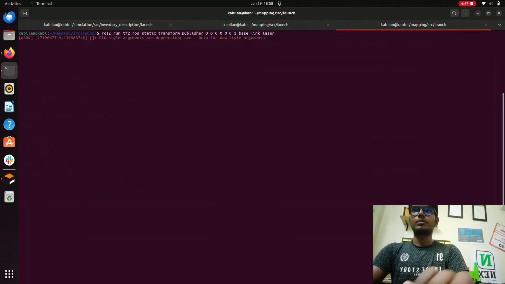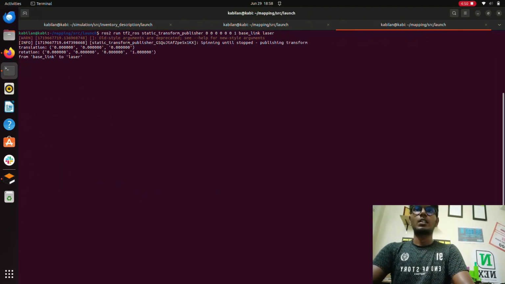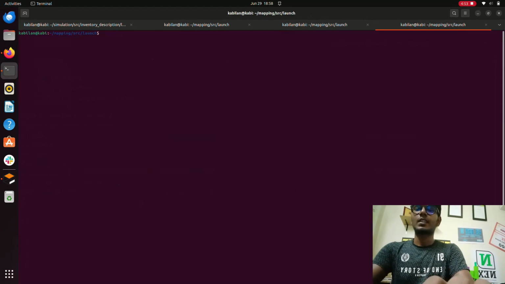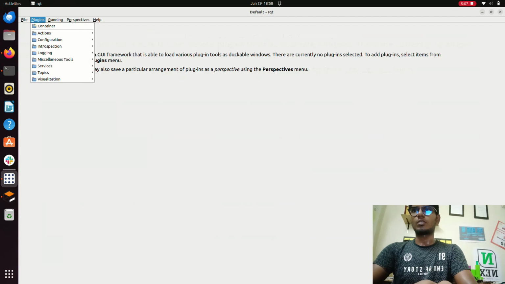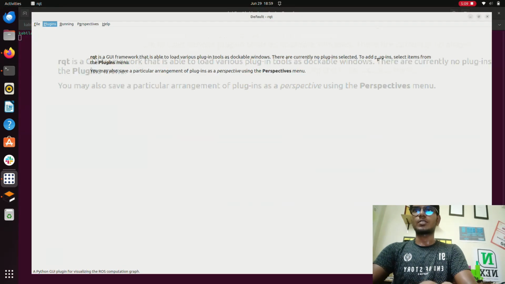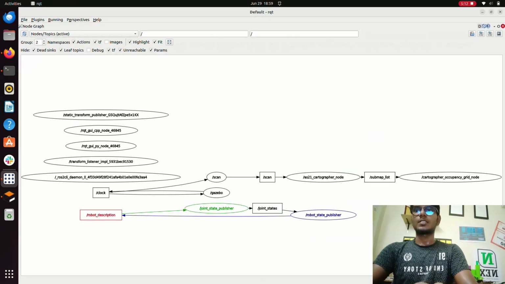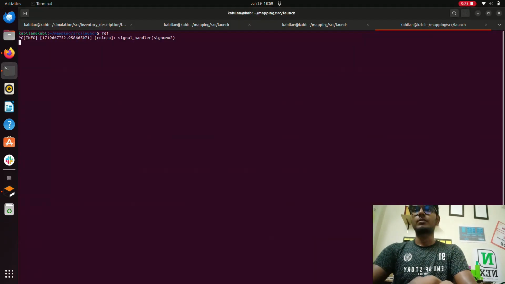Yeah, so now launch this and go to RQT, type rqt_graph to visualize the nodes. I will close the previous ones and go to plugins, introspection, nodes, and you can see the joint state publisher, and the scan topic going to the Cartographer subscriber and the Cartographer node. Right, so now we can launch the